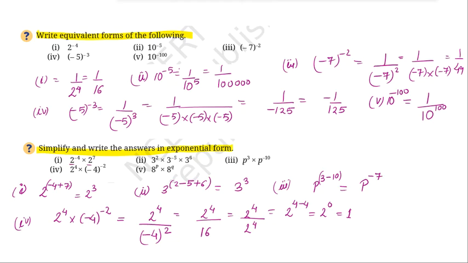So you can see. And then the fifth part is 8 to the power of P times 8 to the power of Q. So the bases are same and the numbers are in product. So we are going to add their powers. So it will be 8 raised to the power of P plus Q.